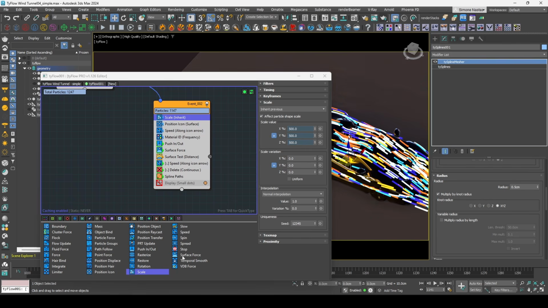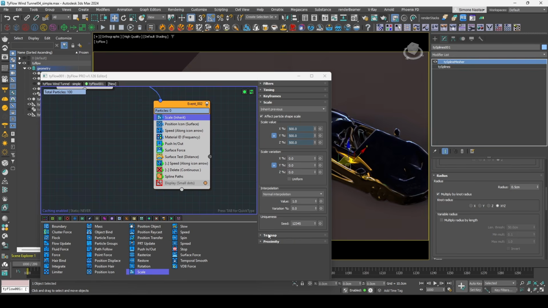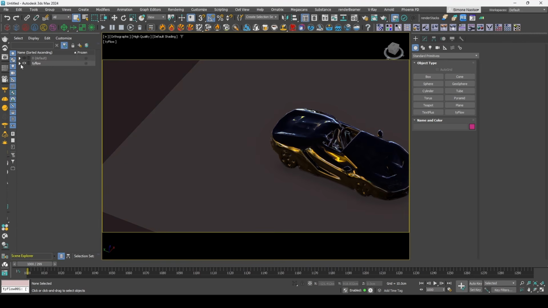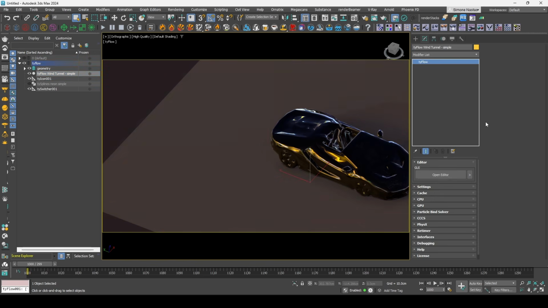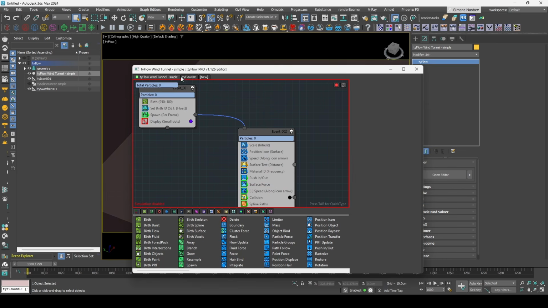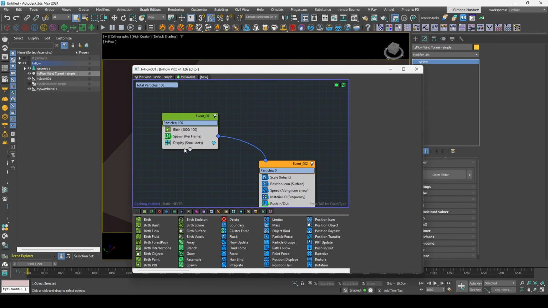We can use this to our advantage because the scale operator has a proximity mode. Let's see what it does. Sorry, small crash. So I did something that 3ds Max didn't like. Back here,